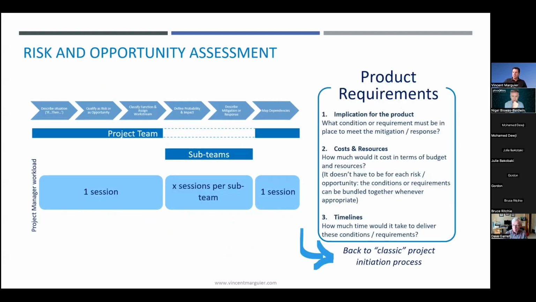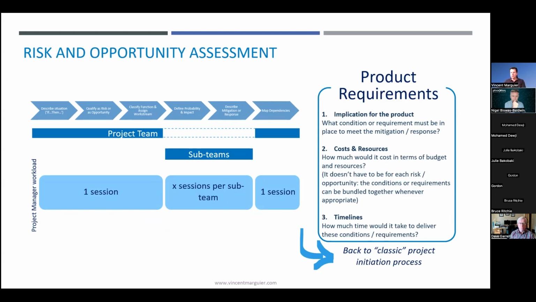So all these concepts are well understood by a project team. The project manager can now run the risk and opportunity assessment workshop. We're going to have 3+ sessions here. The first session, together with the entire team, should focus on stating risks and opportunities. Remember the if, then, impact formats.